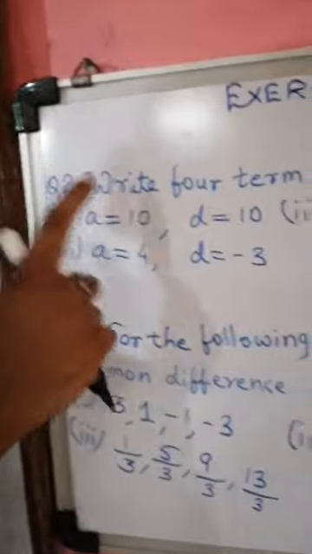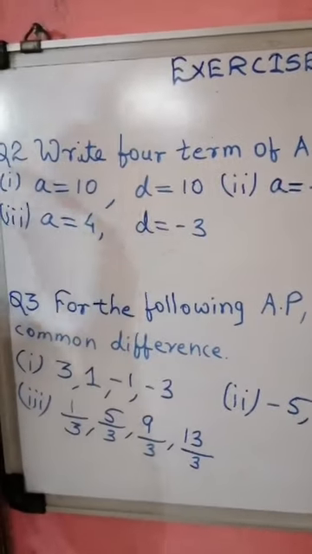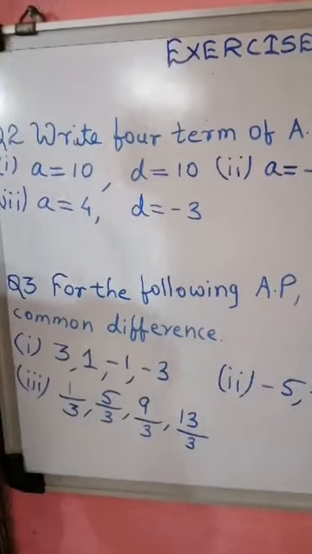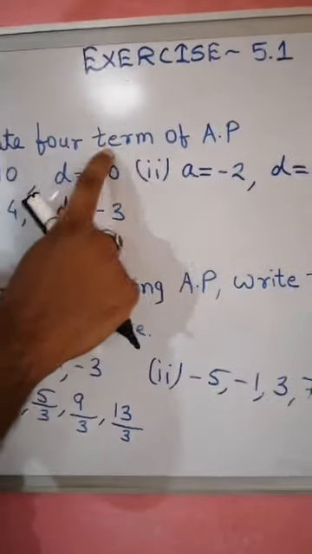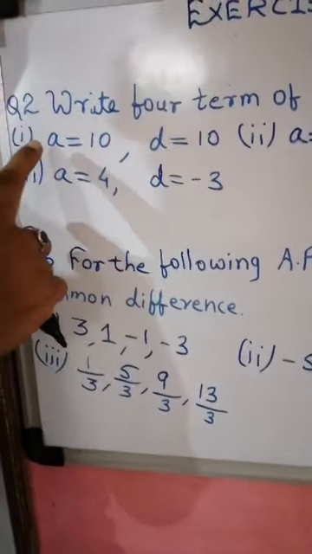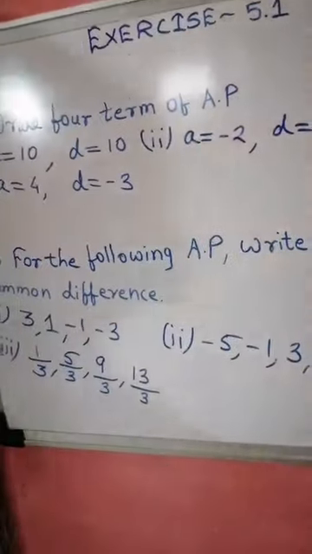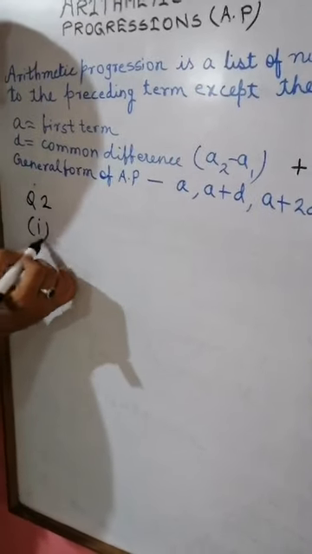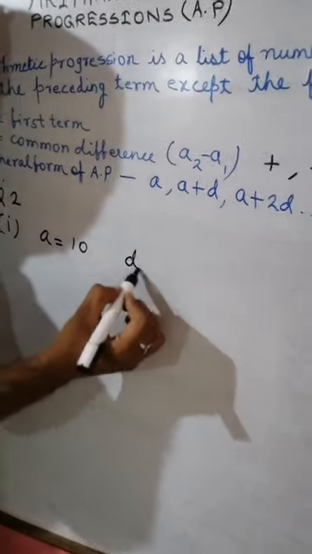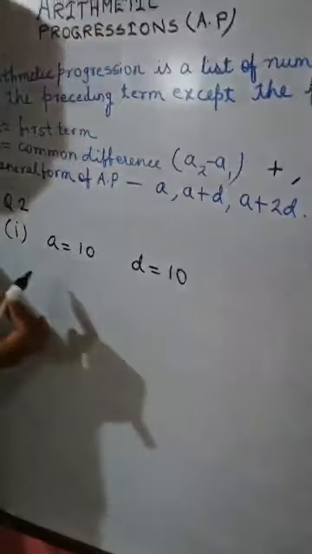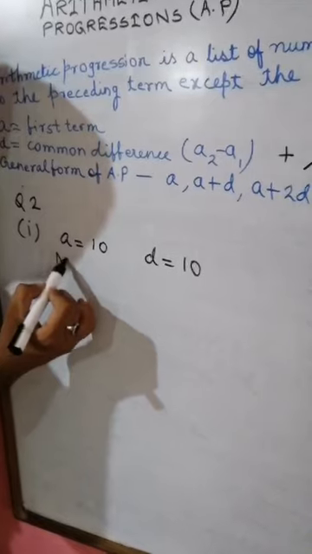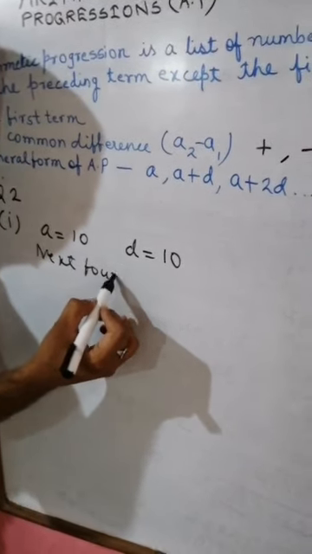Now we'll take 2 examples from exercise 5.1. This is question number 2. The first question is a theoretical question. You can answer: write the first 4 terms of the AP. Here we have that A is 10 and D is 10. Now it is asked to find the next 4 terms. So we'll take this first example, question number 2, first question. Here A is 10, D is also 10. So the next 4 terms of the AP will be